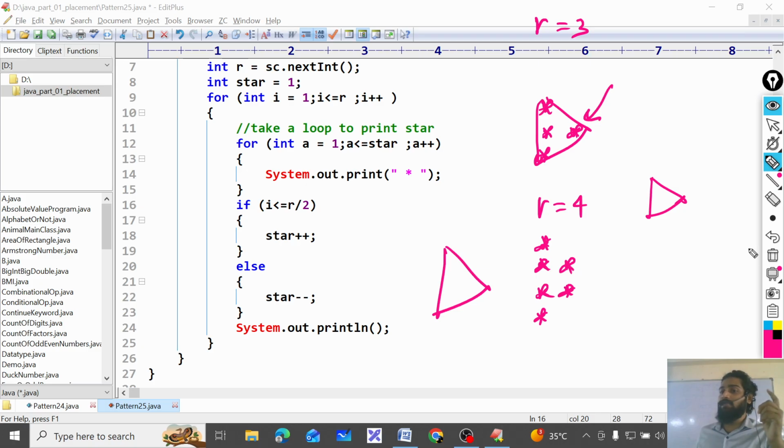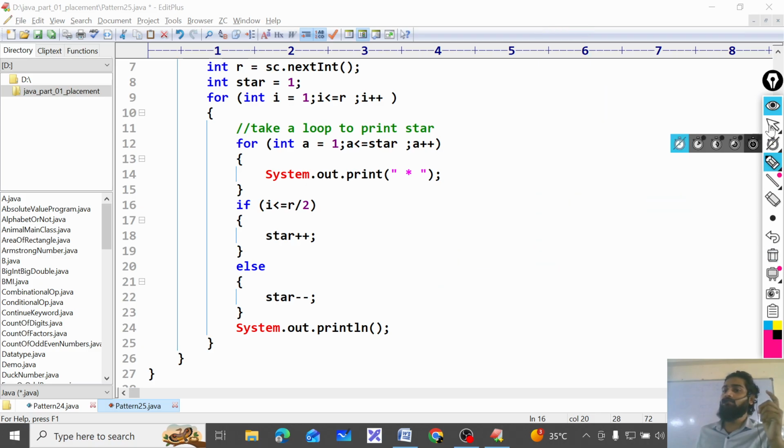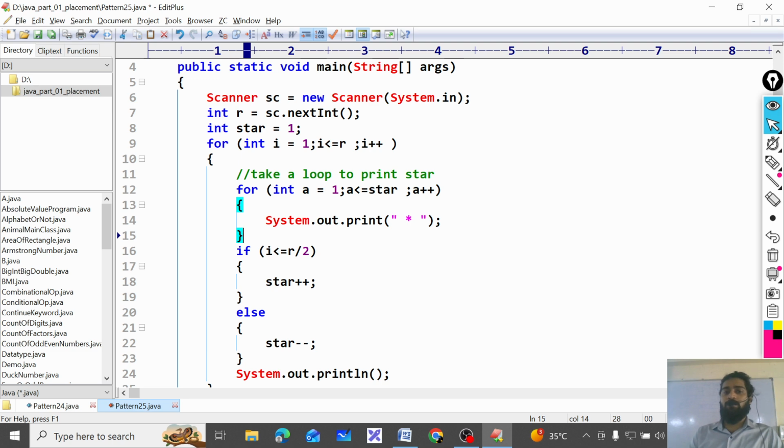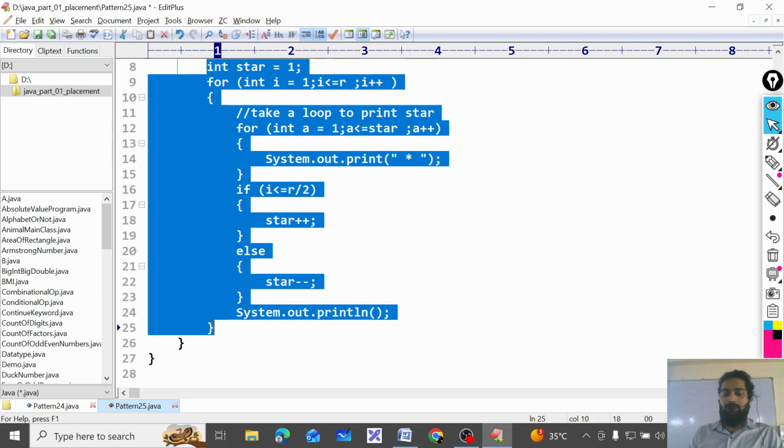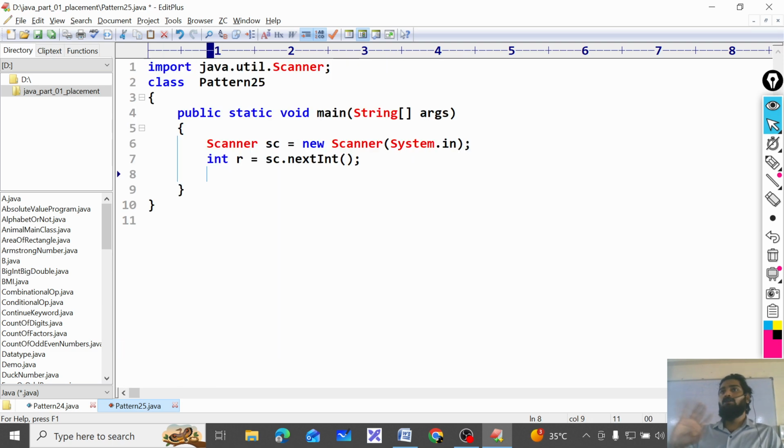So how do you do that? Listen, very, very simple. The whole program is there now. The whole program I will cut. I will write one condition. How do you find R is even? If R modulus 2 is equal to 0, then what will I say?